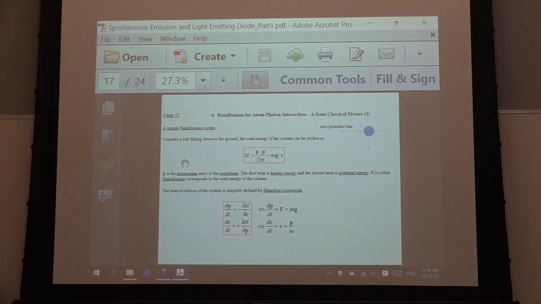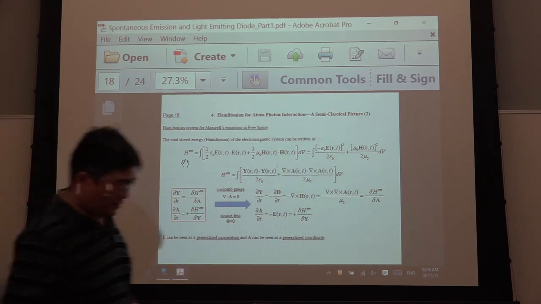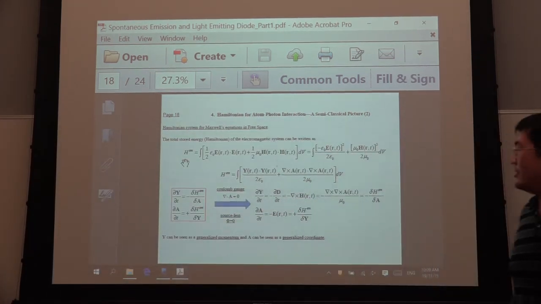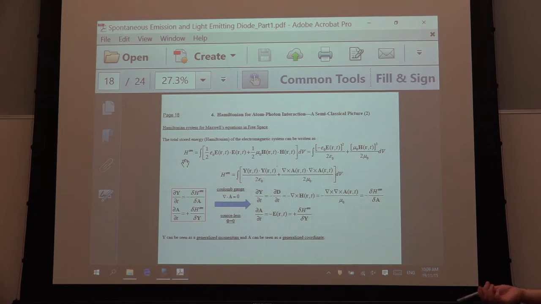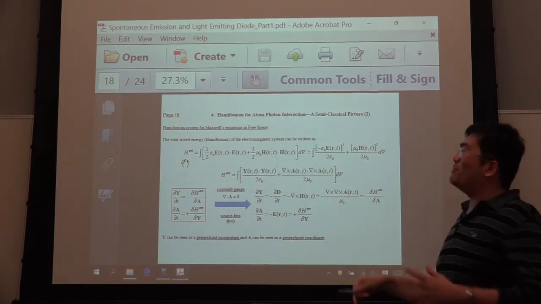I talked about this in the last lecture, but it's too mathematical. I'll give you an assignment to derive one Hamiltonian yourself. You can try to derive it, but here I'll just move faster.